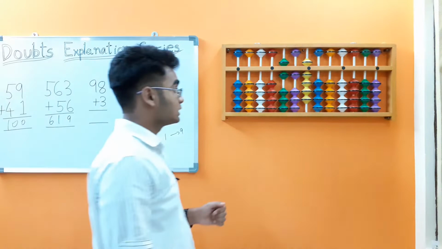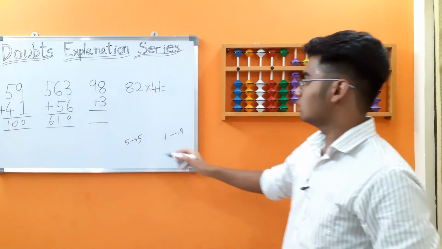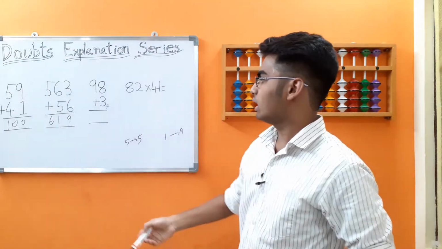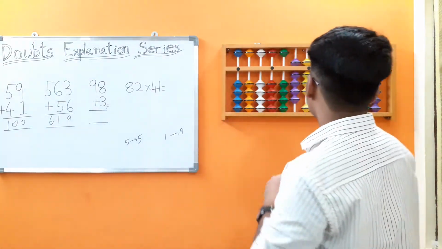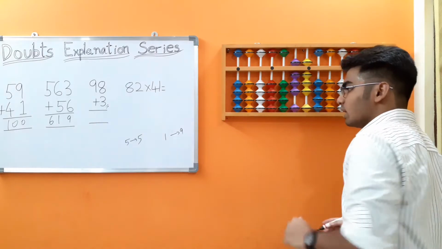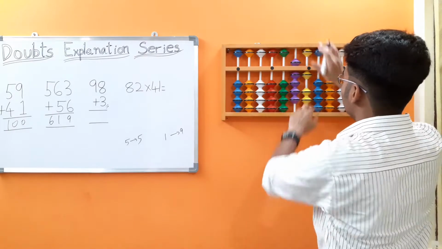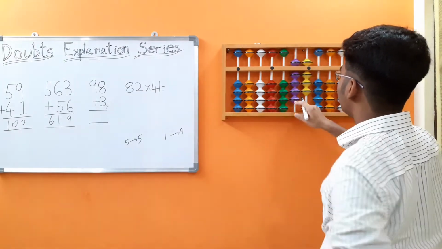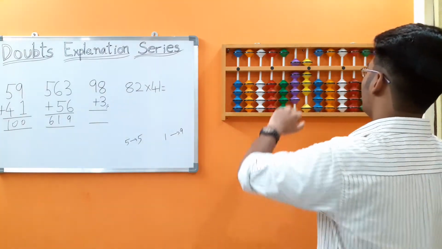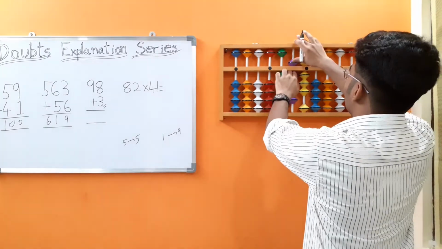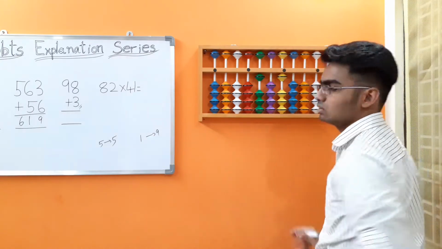98 plus 3 is our next sum. Even this includes multiple shifts like we had in 59 plus 41. Assuming you had 88 and you had to add 3, what we would have done? Add the boss 10 less 3's friend 7. But we have 98. Tens rod is completely occupied, but we have to add the boss 10. What we'll do is we'll add the boss 10 on the hundreds rod and we'll clear up the tens rod and we'll subtract 3's friend 7 from the units rod.